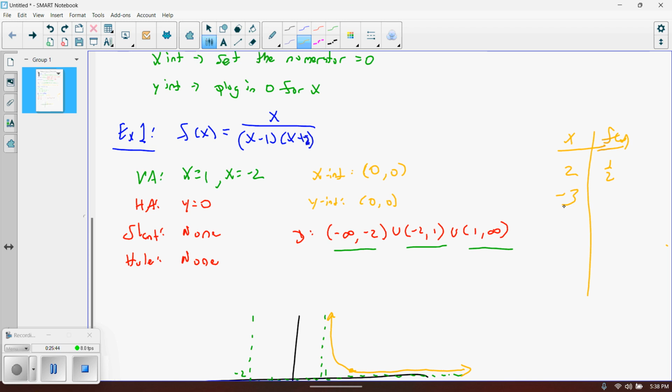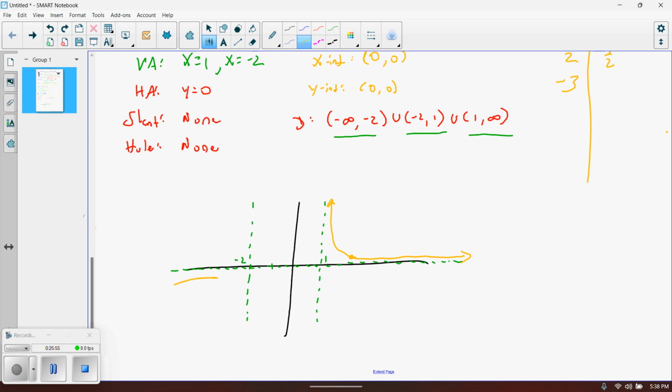So I'd have a negative over a negative times a negative. So 3 negatives being multiplied or divided together will produce a negative value, which tells me all of my values will lie down here below the x-axis. And again, if we want the actual value of that,